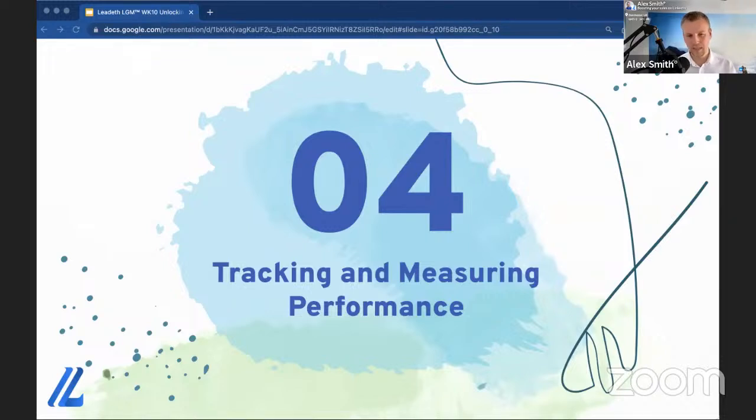LinkedIn ads is pretty well equipped to handle A/B split testing. It's a feature you really need to utilize, because once you've done that, you're not going to be wasting so much ad budget in the long run. Finally, using this data to optimize your campaigns is going to be crucial to helping you understand which ads are driving the most conversions, which targeting options are going to be the most effective for you, and certainly which keywords and interests resonate the most with your target audience.